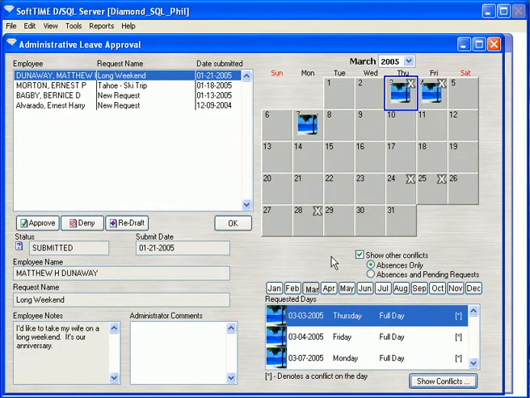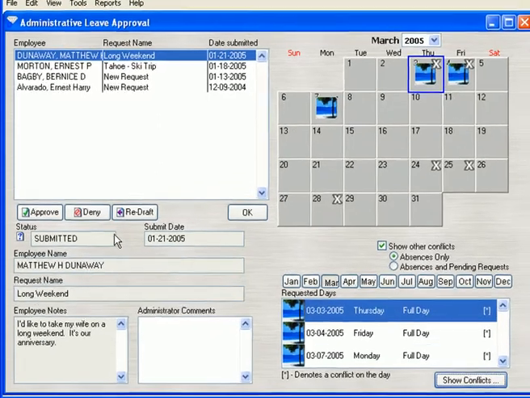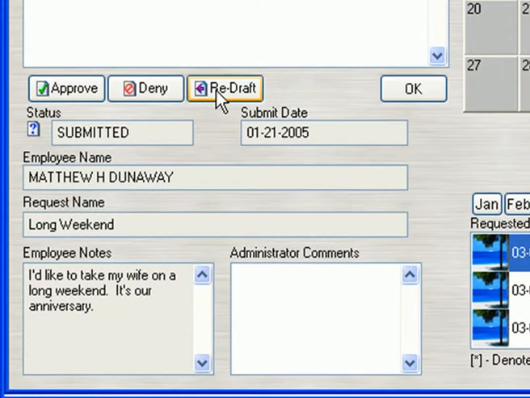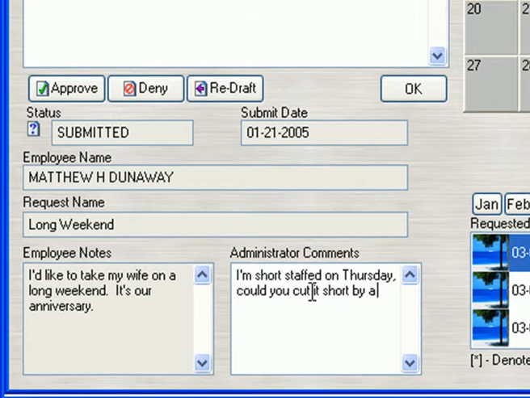Finally, an administrator has to decide what they want to do with this request. There are three possible options: approve, deny, or redraft. Redraft is basically when an administrator wants to approve part of the request but not the whole thing. For example, in this case, the administrator would put that comment in there and resubmit it by clicking on the redraft button